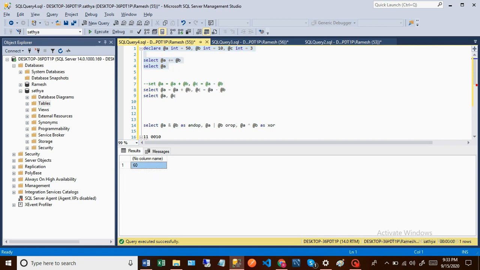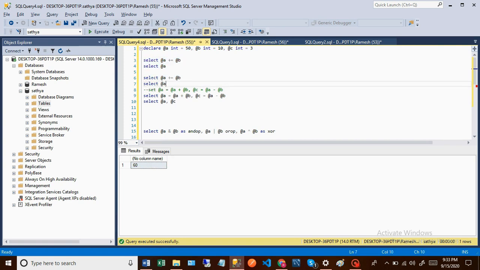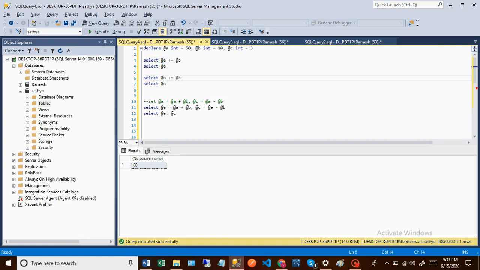So like that we can do minus equal, 40. Okay. You can do multiplication, 500.